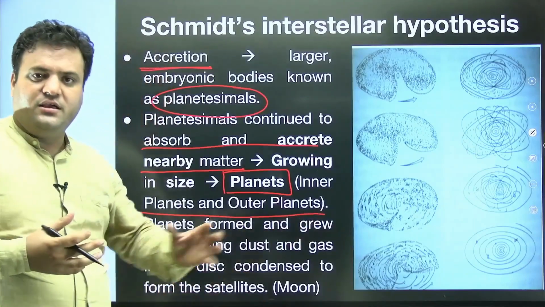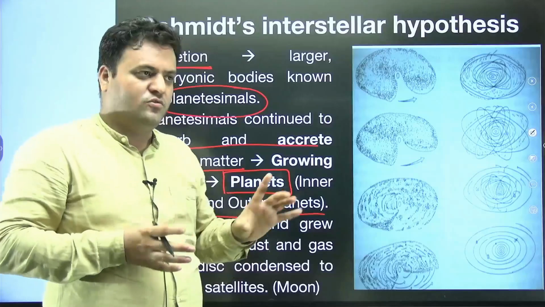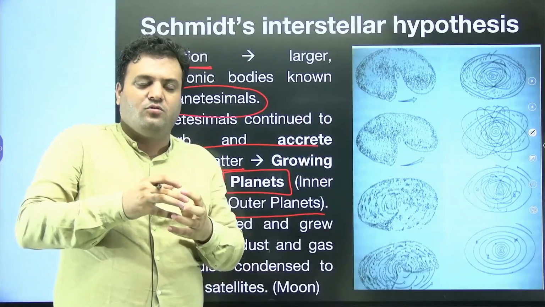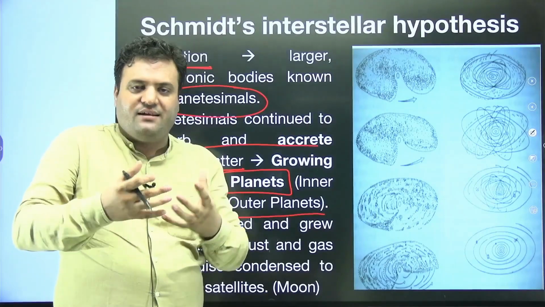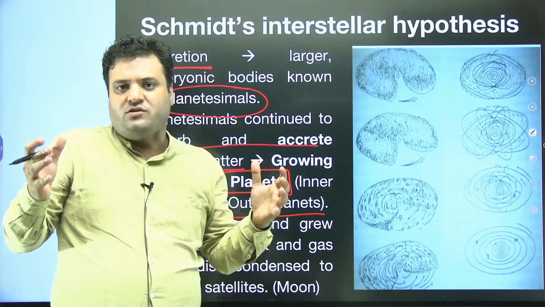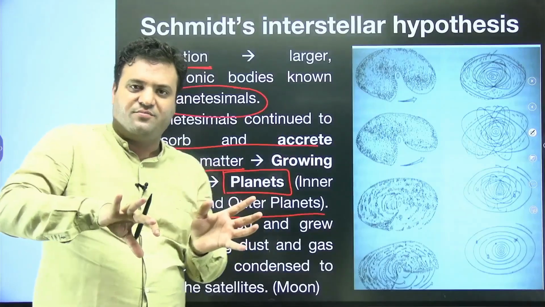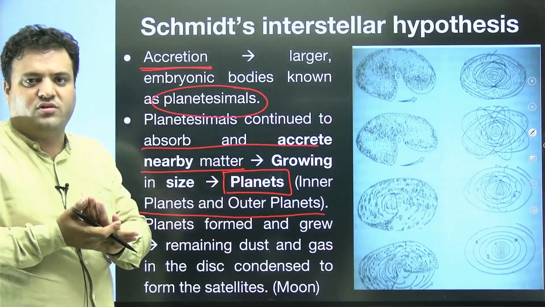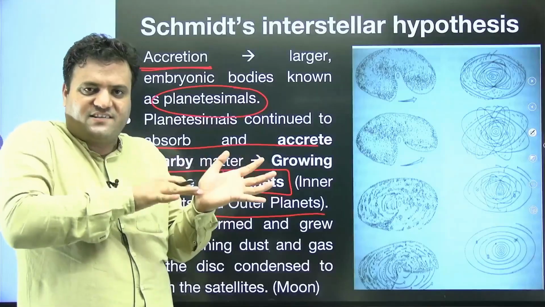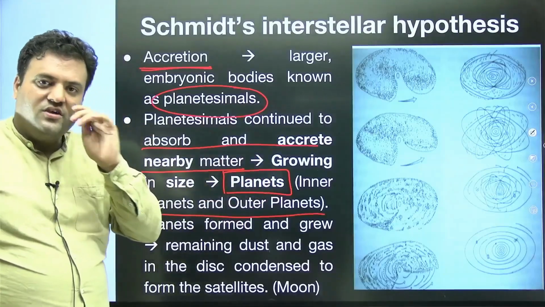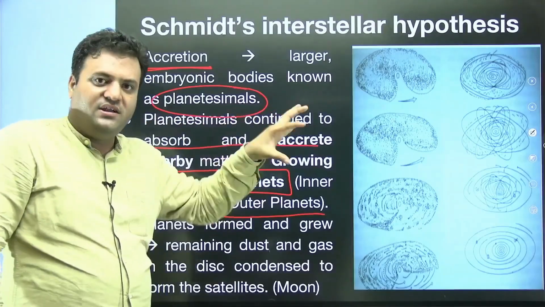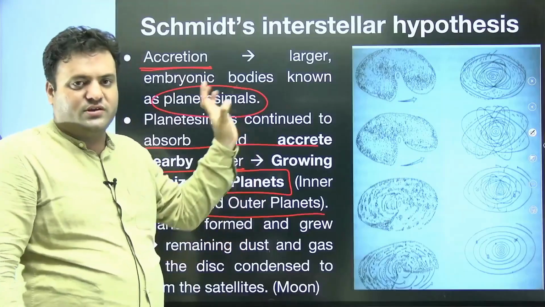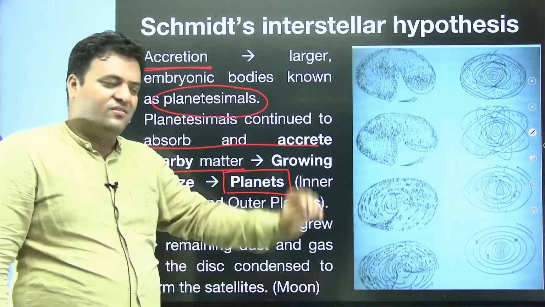Planets, if you see, even with respect to density, the center part of that disk has more density, and the outer part has less density. That is justified when it comes to the outer planets and the inner planets of our solar system. Inner planets are more dense as compared to the outer ones. So this theory has some sort of scientific observation, justification or validation, that to some extent it is credible, it is validated.